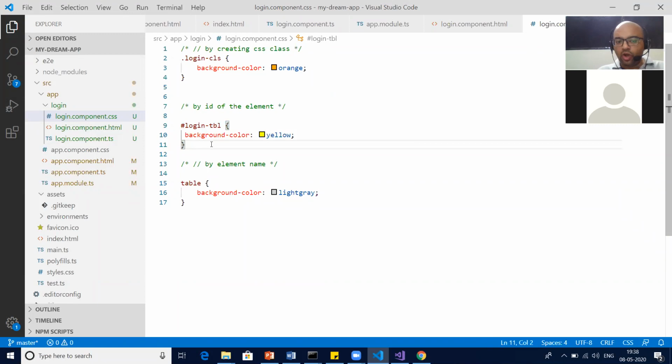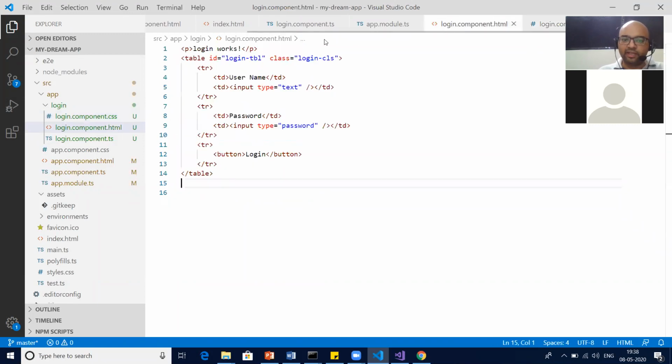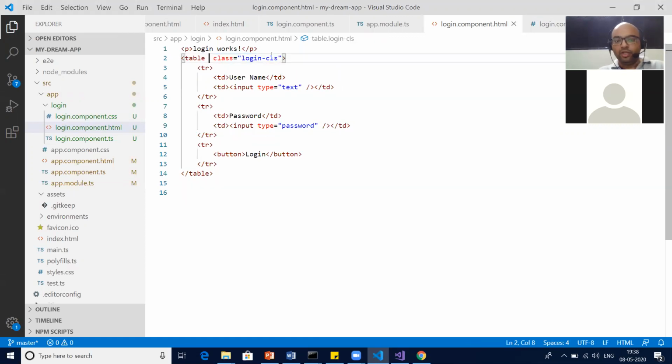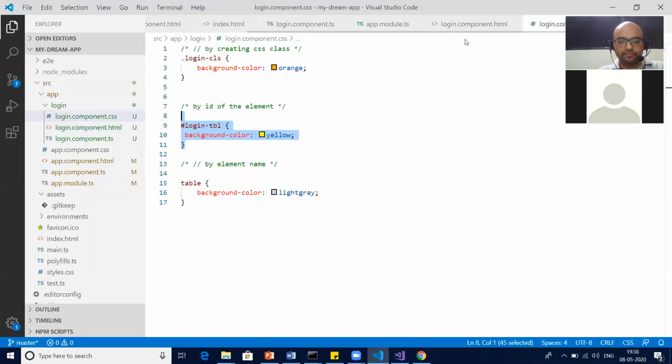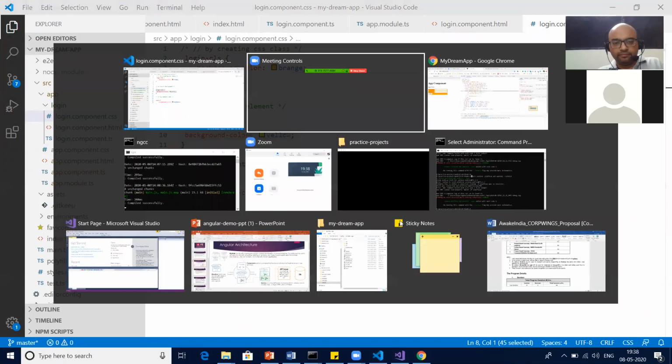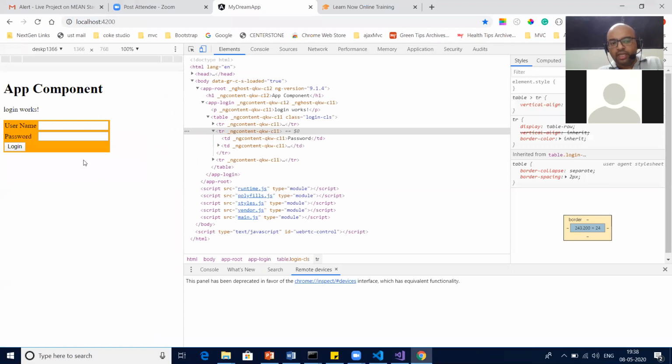If I comment out the ID, or if I remove the ID from here, let's see now who will get the authority. I saved it. So now I have class, I have put style at class level, and I have put style at the element level. Let's see who will win. See, now the color is orange, right?